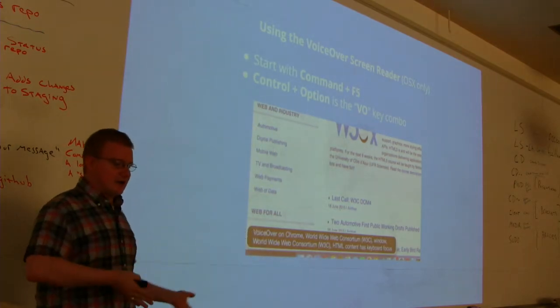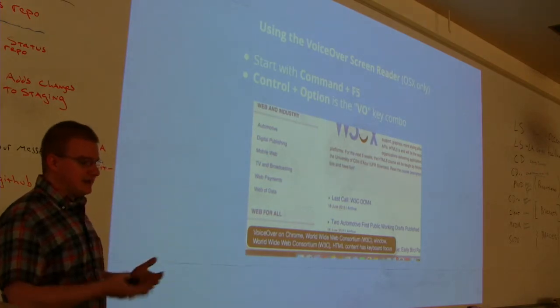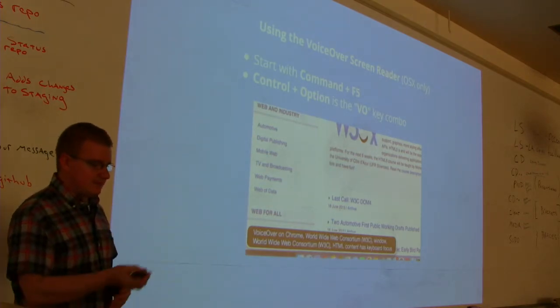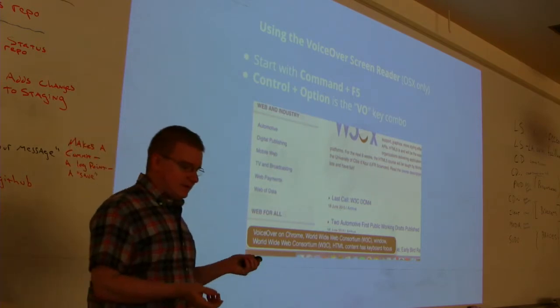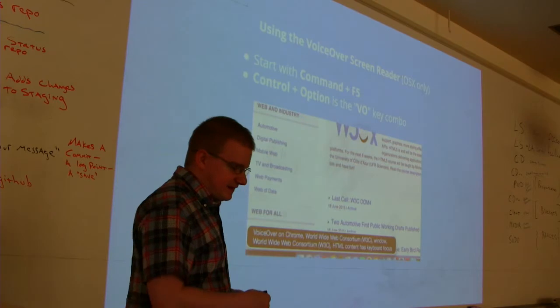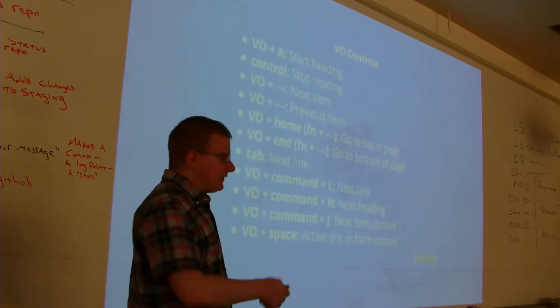So it's nice, it's on a Mac only, unfortunately, so if you don't have a Mac, we'll demo it today, and you're welcome to come and take a look and see how it works. If you have a Mac, try it out. To open it up, you just start with Command F5, and then in the abbreviations, we'll go through the controls,